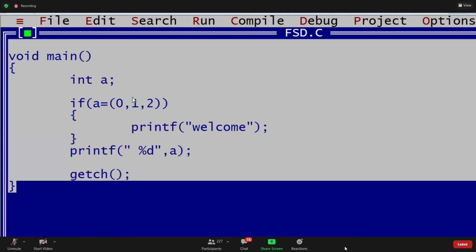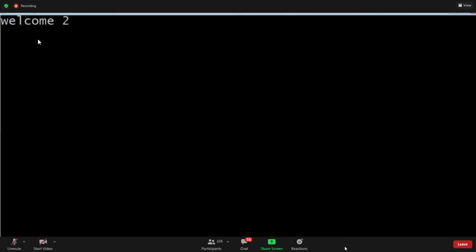Yeah, welcome is the answer. First, the parenthesis value will be evaluated. That is 2. 2 will be assigned to a. If a, it takes. What is if a, guys? 2. Then see this answer, welcome 2 is the answer.